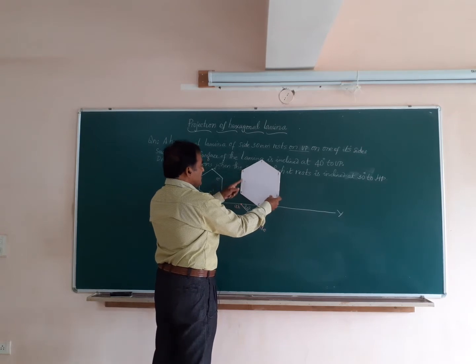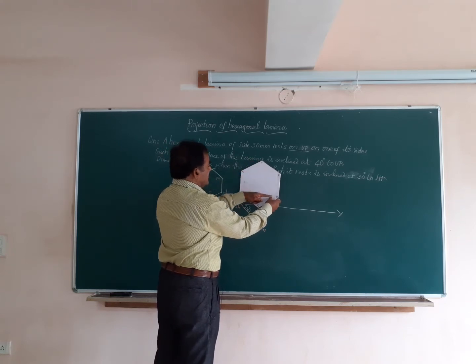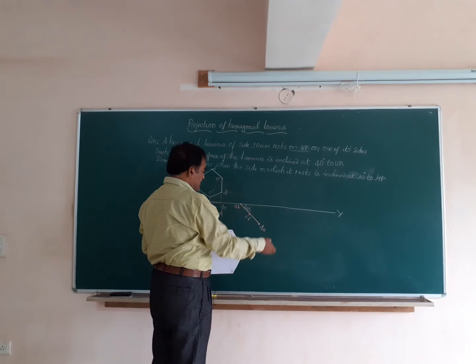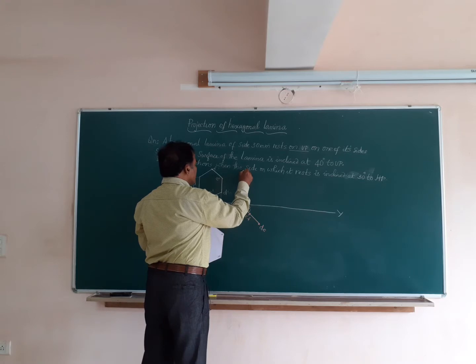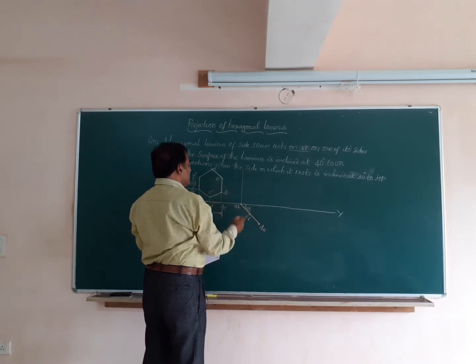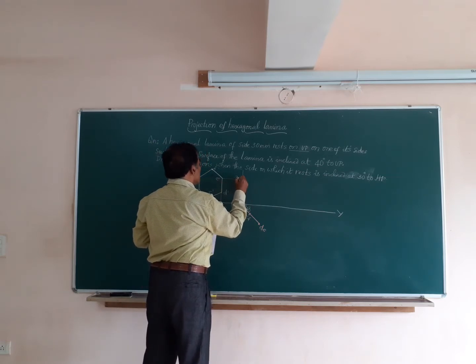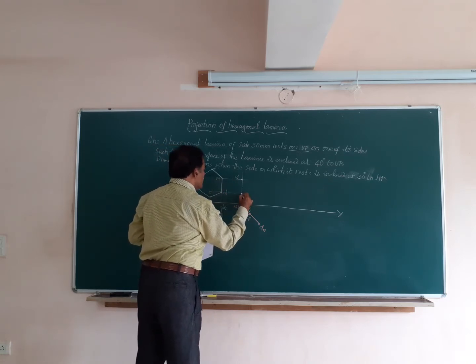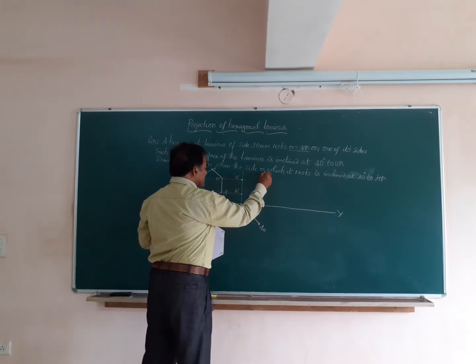So the edges AB, ED will remain the same, will have the same length, whereas the other dimensions of AF, EF, DC get reduced depending on the orientation made by this line with the VP. So friends, now I am going to get the corresponding front view. So let me start with the point A. Vertical line from A, horizontal line from here, this point of intersection will give you A dash. Similarly, vertical line from B, horizontal line from B, this is going to be B dash. Likewise friends, you can obtain all other points.